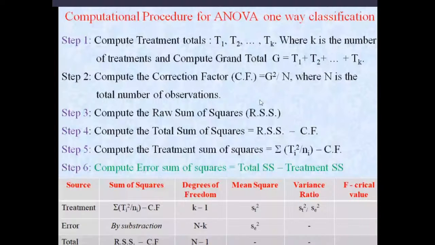The first column contains the source of variation. That is, the total variation, which is divided into two parts: between groups, or between classes, and within groups, or within classes. Within classes is generally called error. And whatever the treatment SS,